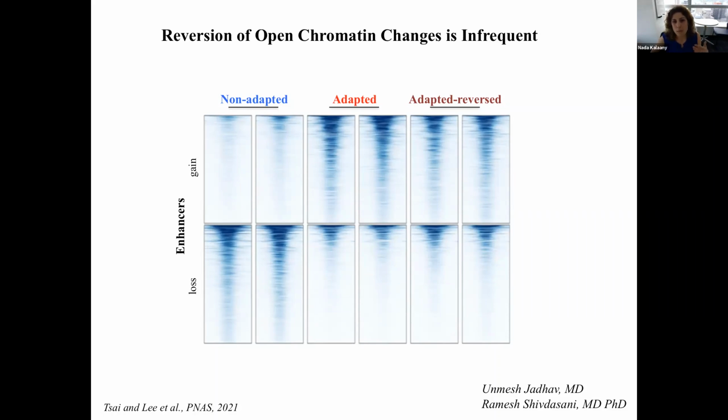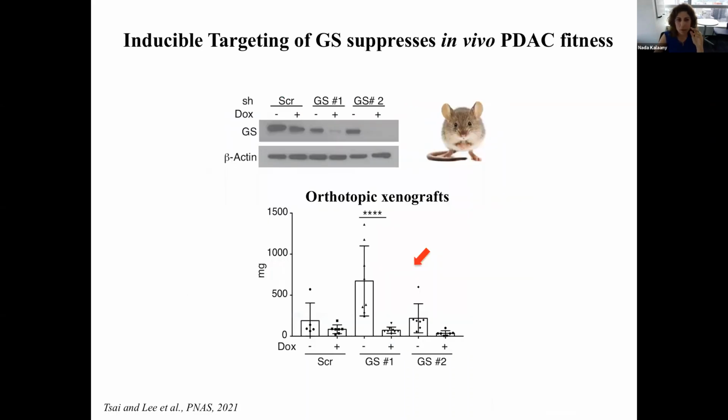for many, many more passages in high. So it takes a much longer time. It is gradual, but it takes a much longer time to completely revert to the non-adapted phenotype. So now that we know that this phenotype is reversible, the adapted cells have enhanced fitness, and that GS is